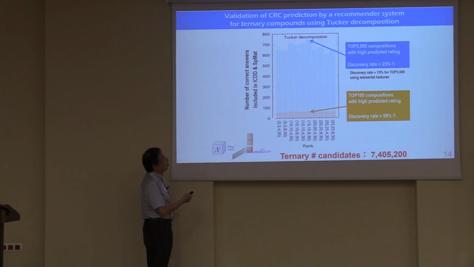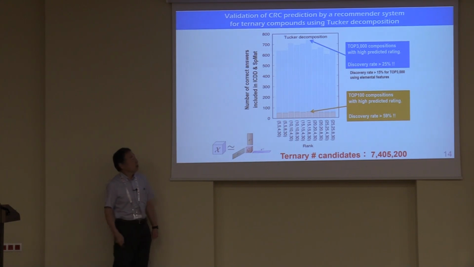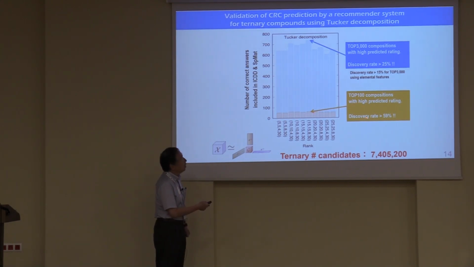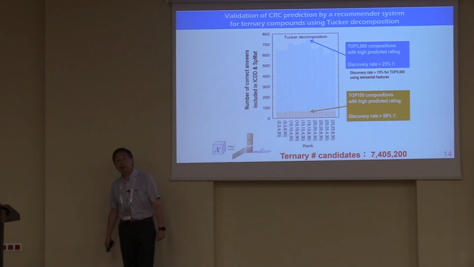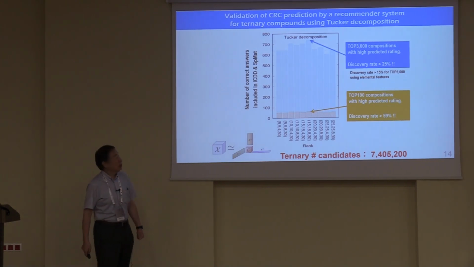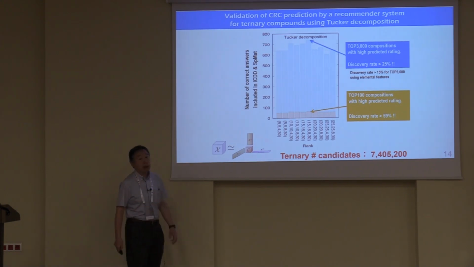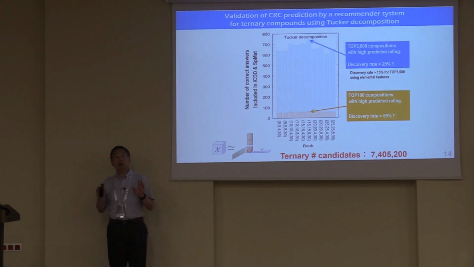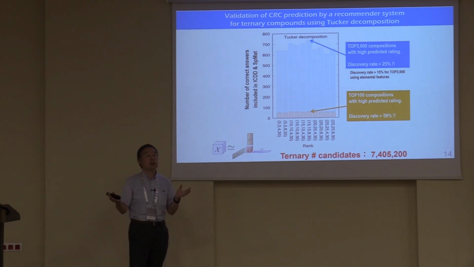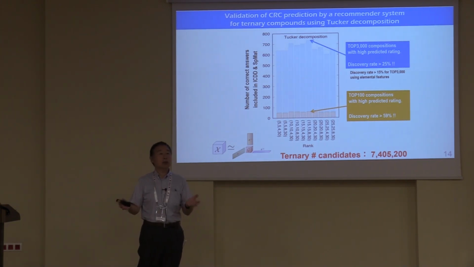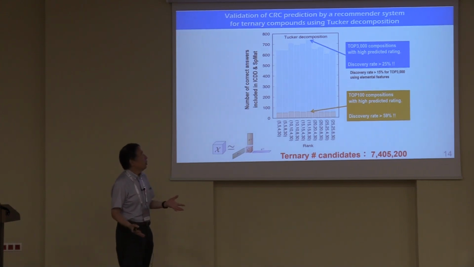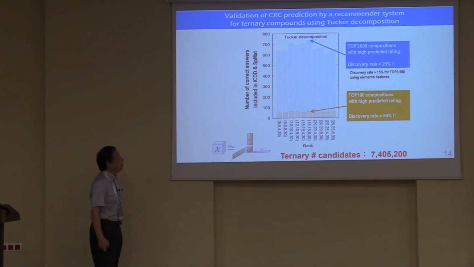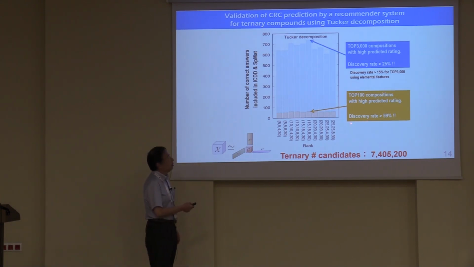So this is only within top 100 candidates. It means the discovery rate for this case is something like 59%. This is really surprising to us when we did this analysis, because remember that what we did is just exchange elements. No elemental features, no prior knowledge, no solid state chemistry knowledge, nothing used, no first principles result used, just by exchanging the elements. Then we were able to find such a high discovery